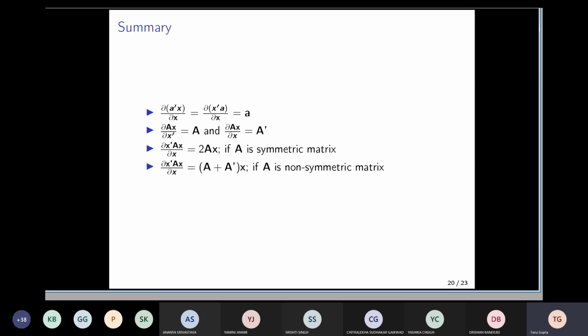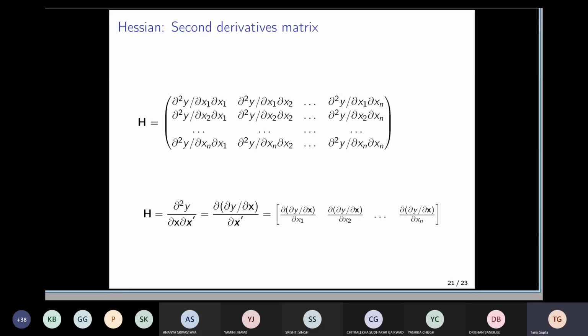Now we will move on to how to stack the second order partial derivative matrix. And we all know that the second derivative matrix is known as a Hessian matrix. What is the notation for it? A Hessian matrix is denoted by the capital letter H. And we know how to stack it. In general, you must have read in your elementary mathematics that a Hessian matrix is nothing but